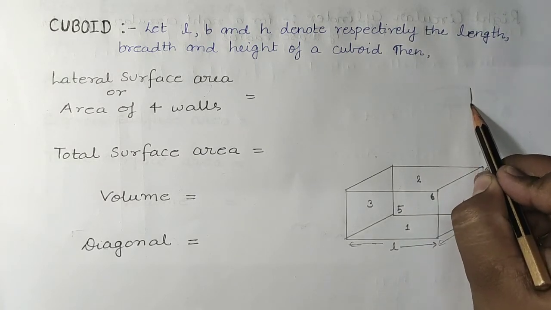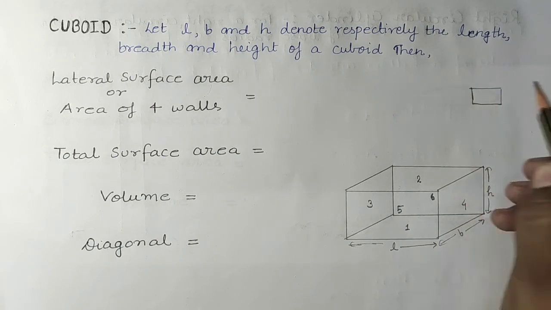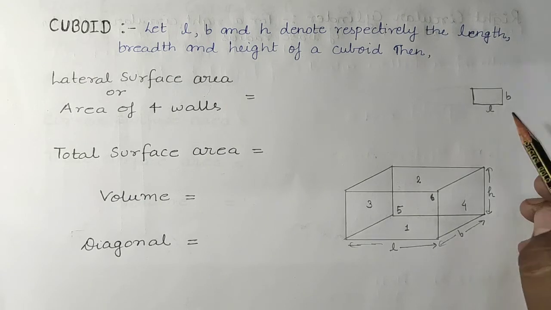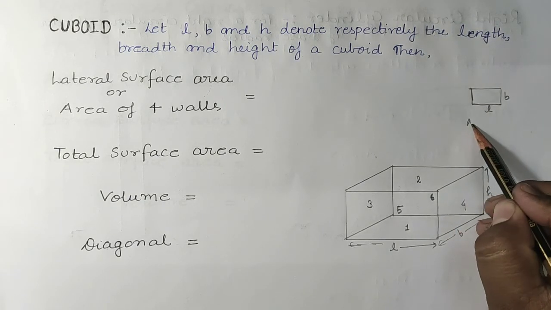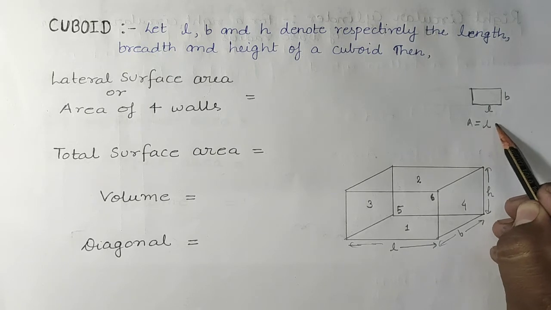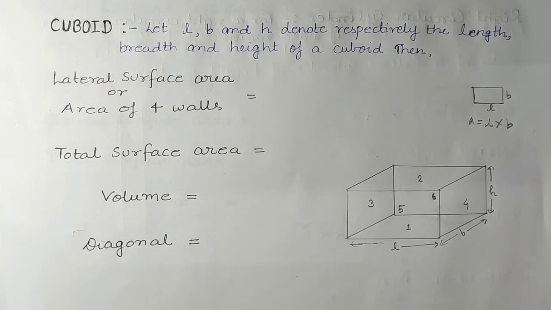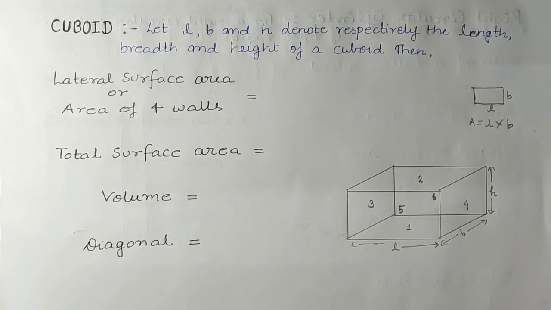In a rectangle, one side is its length and one is its breadth. So what is the area of a rectangle? We all know that the area of a rectangle is length into breadth. Now let us understand how to derive the formula. There is no need of just mugging up the formula. You have to understand, and you can derive the formula in a few moments. So understand it properly.